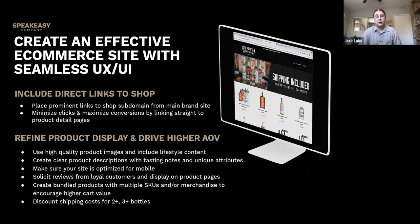And really, it's about having your main site, because I know a lot of our clients have a main website, and then we build a subdomain to point to. So it's about having easy access to that subdomain where they can shop. So we always suggest having a big buy now button in the main navigation. We really like it to stand out. In my previous life in agency, the buy now button would almost be highlighted above anything else on a main